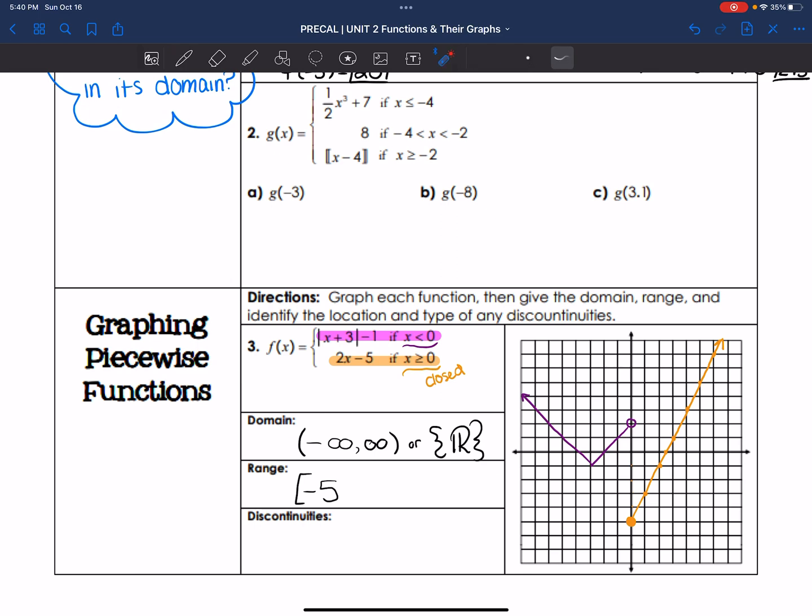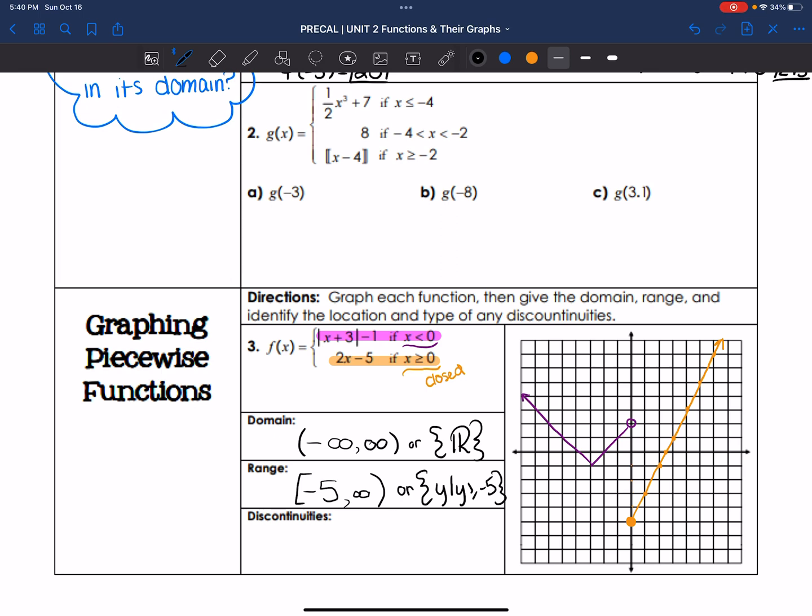As I continue to read up, it's defined, and it keeps going up and up forever and ever. So the range goes to positive infinity. We could also write this using set notation: y values such that y is greater than or equal to